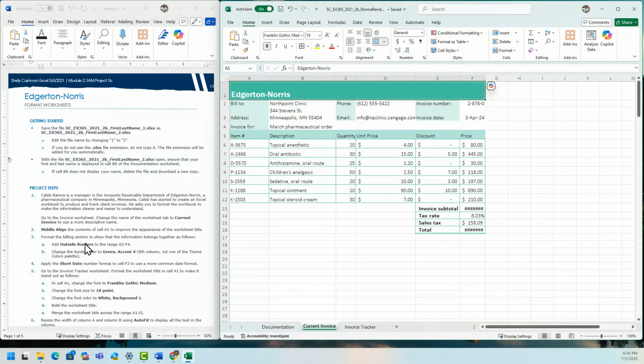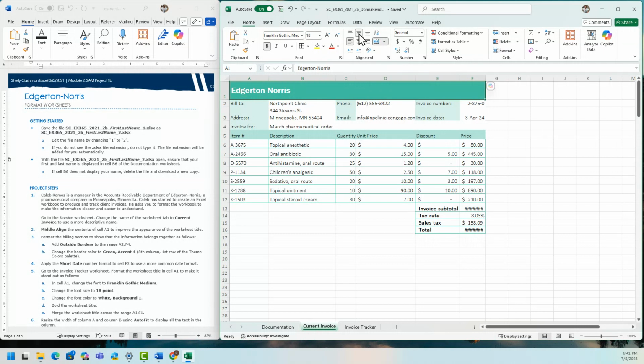Okay, so step 2, we're going to middle align the contents of cell A1 to improve the appearance of the worksheet title. So click A1 and then go to the Home tab if you're not there, and go to the alignment group and look for the middle align, which is the second from that ribbon, from that alignment group.